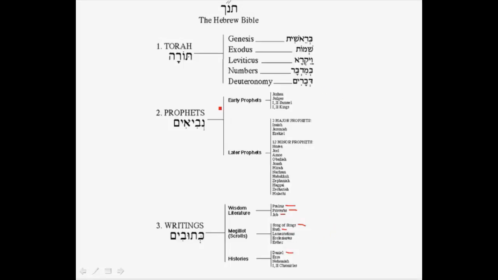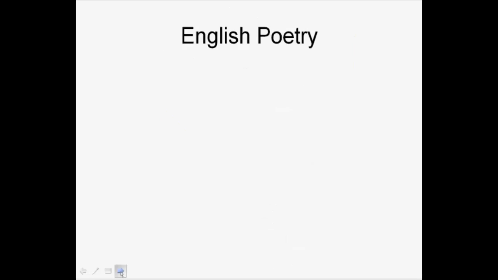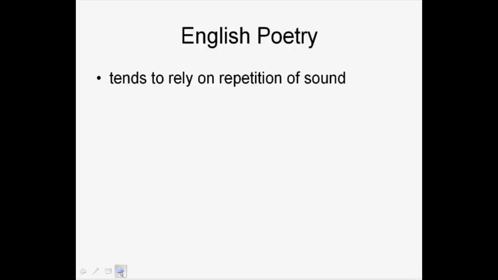The prophets write almost entirely in poetry. In fact, the Hebrew word for prophet, Nevi'im, is related to the Hebrew word for poet. They mean the same thing, because the prophets write in poetry. And even a significant part of the laws are presented as poetry. A large section of the Hebrew Bible is written in poetry. I say this comes as a surprise to a lot of English readers, because Hebrew poetry works in a very different way than English poetry works. English poetry tends to rely on the repetition of sound.